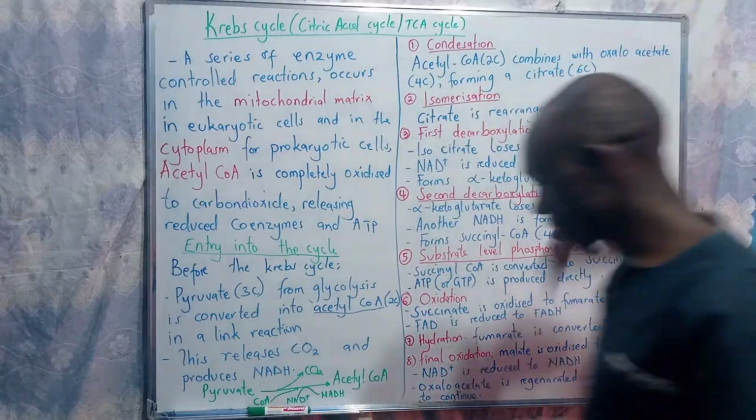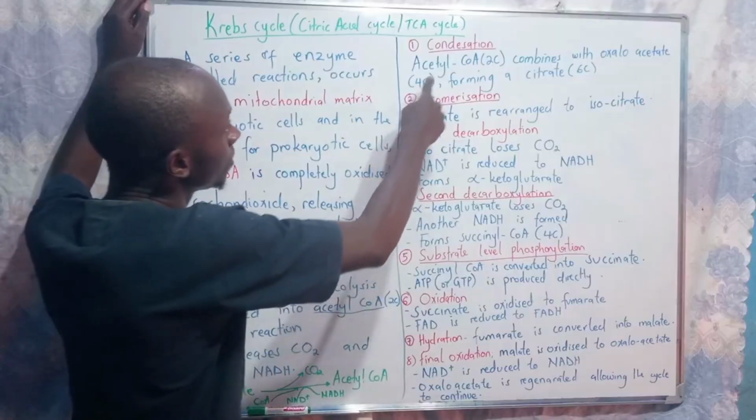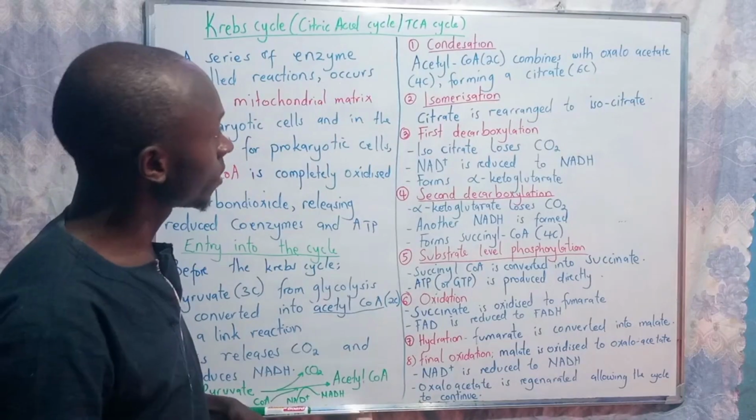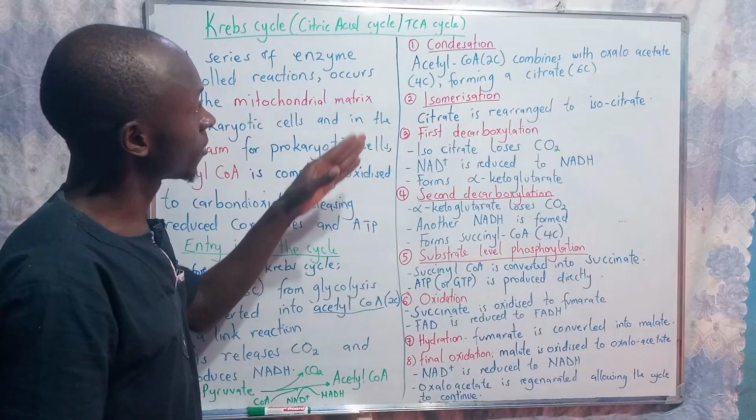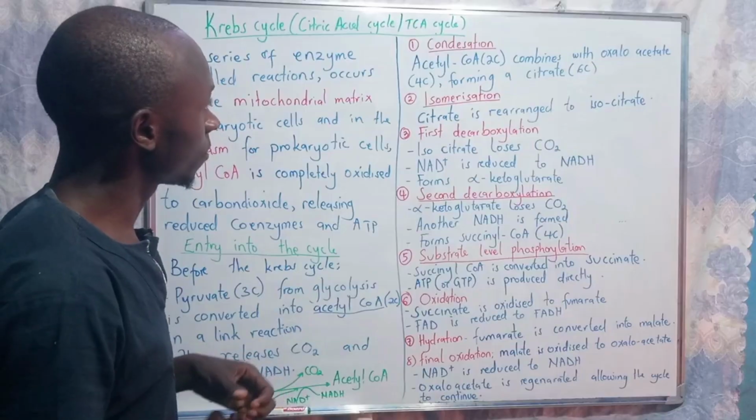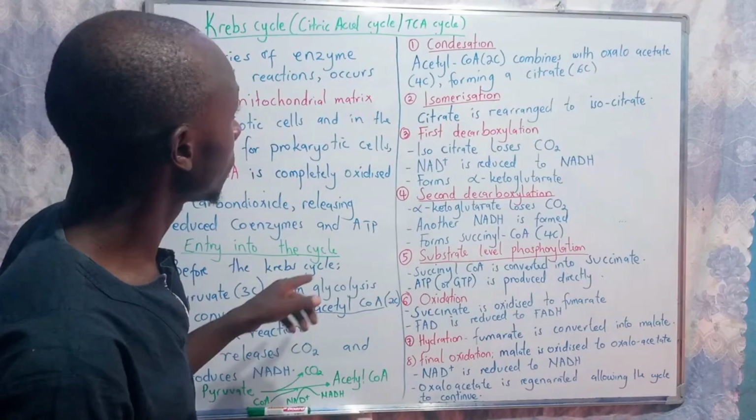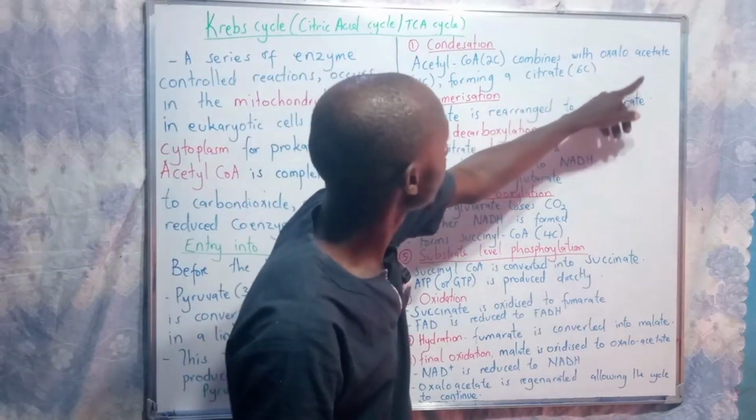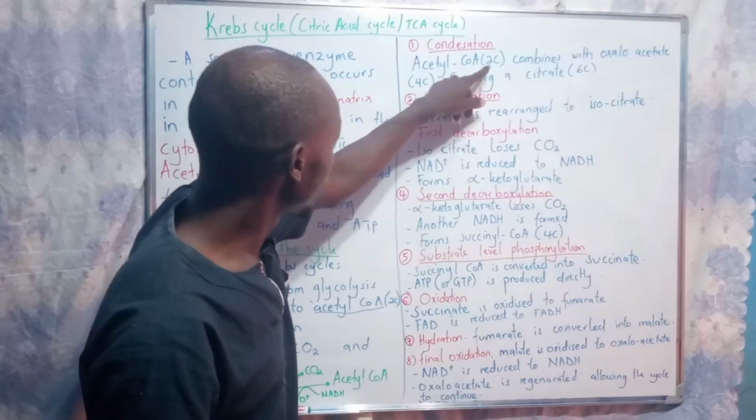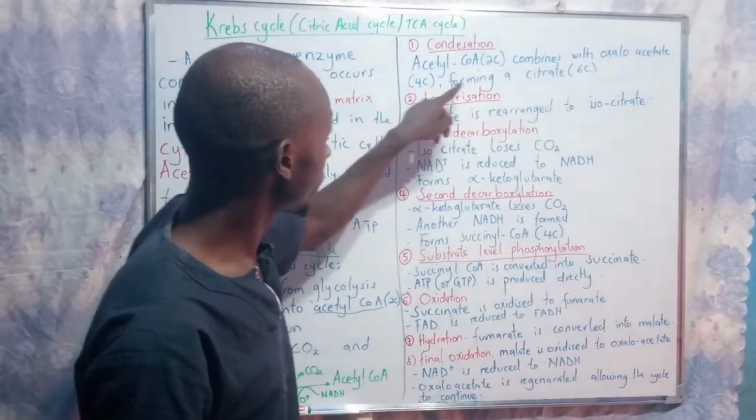Step number one, that is the condensation reaction. The condensation reaction, of course, we know there is loss of water. Of course, we shall see in the summary of the reaction, there is loss of water. At this stage, you're having the acetyl coenzyme A from the transition stage, a 2-carbon molecule, combining with oxaloacetate, which is a 4-carbon molecule,